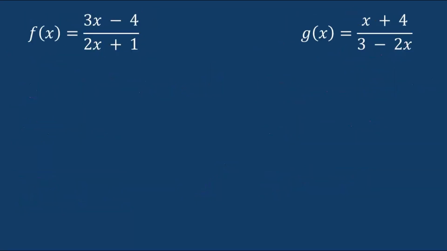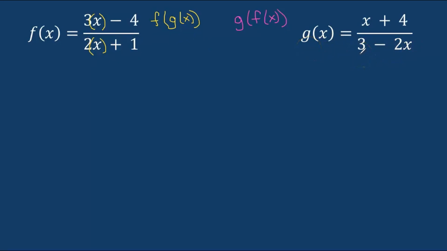All right, I'm going to do myself a favor and just remind myself that this one is nested inside of f of x, and that this one is nested inside of g of x. I'm going to leave myself a little bit of extra room because there's quite a few steps here. First, I'm going to copy down f of x, but to save some room, I'm going to plug g of x right in. That means that everywhere that I have an x, I'm going to take g of x and